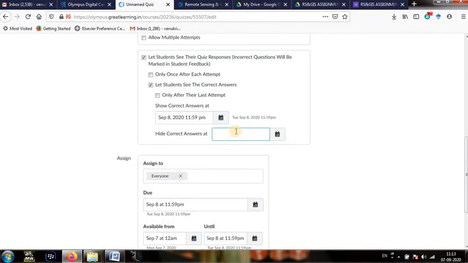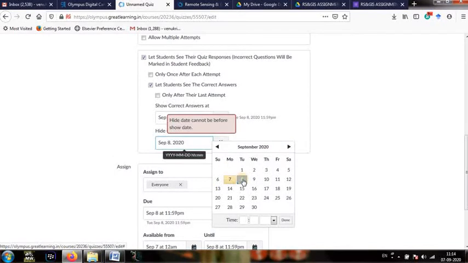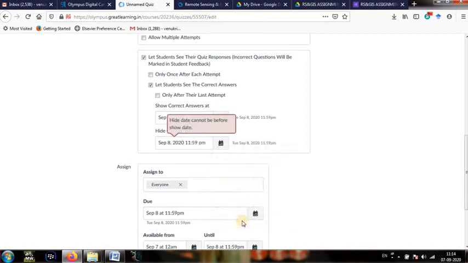We don't need to give this time. Okay, maybe select same time for this also. Done. See here, hide date cannot be before show date.